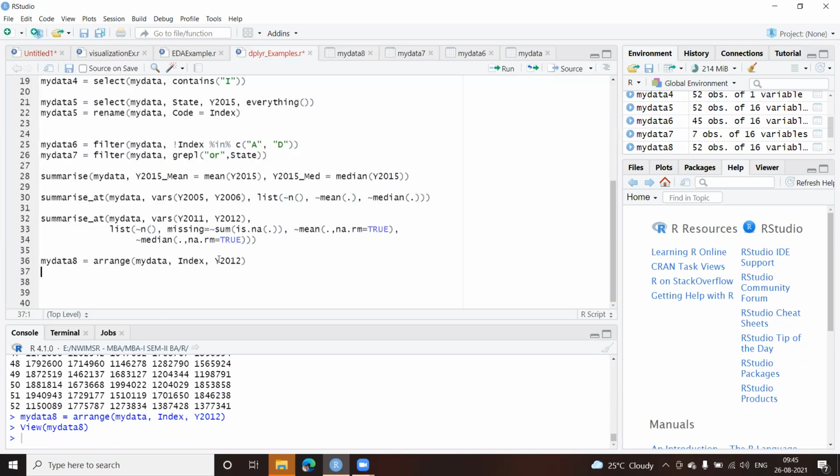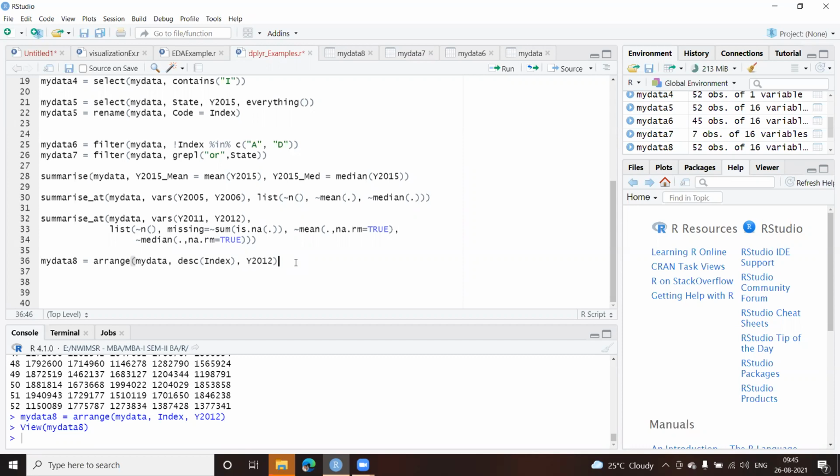Now, what I want is, let us say index in descending order, because index is already in ascending order. I can write desc and into round brackets index. So index will be in descending order, and the year 2012 will be sorted in ascending order. So descending and ascending, it's a mixture of both of them.